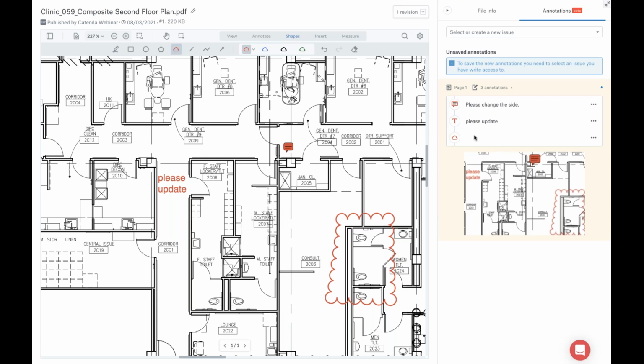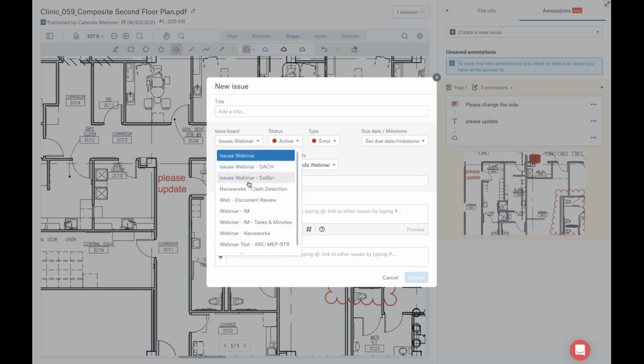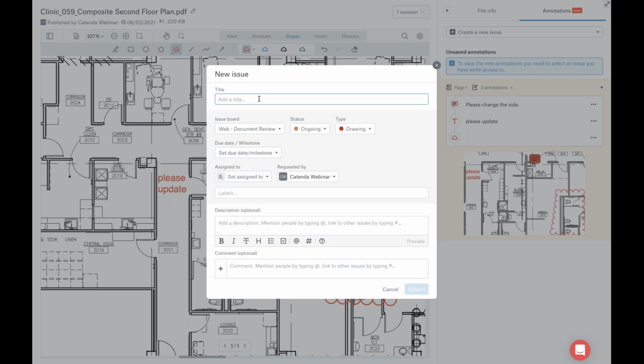So you see the list increases, and at some point I'm done with the review and I want to save that. So I will go here and create a new issue. Of course, on my project, I can organize a list of issues specifically for that purpose. So that's what I did. I said one called document review. I will call this issue